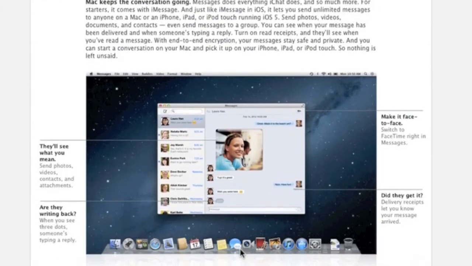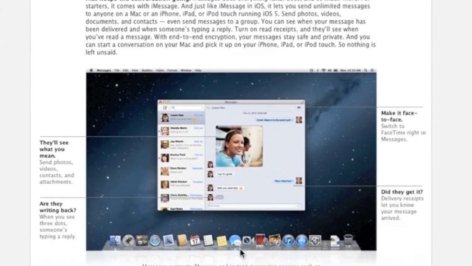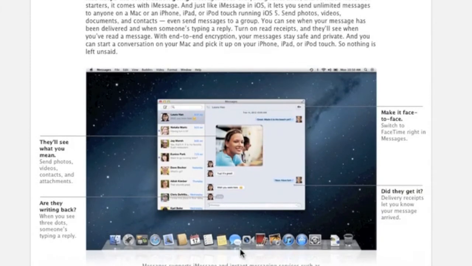Next we have messages. You may notice that this is similar to the iMessage feature on the iOS 5. It basically is the same thing, they've just given it a new name. It's compatible with AIM, Jabber, Google Talk and Yahoo Messenger. That's why they've given it a new name called Messages, because it supports more than one thing. So you can just have all your contacts, message them for free through Wi-Fi, send photos, documents, contacts, and